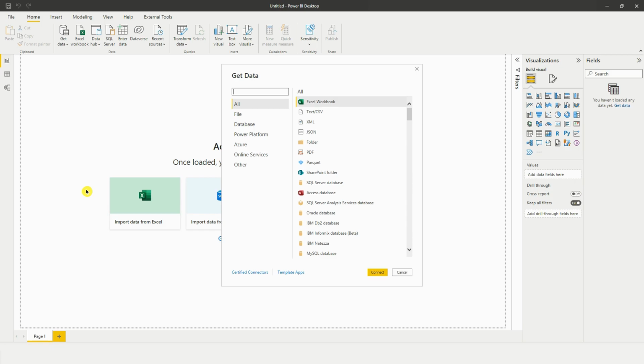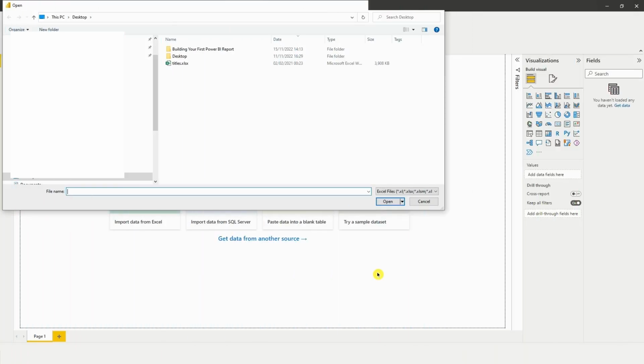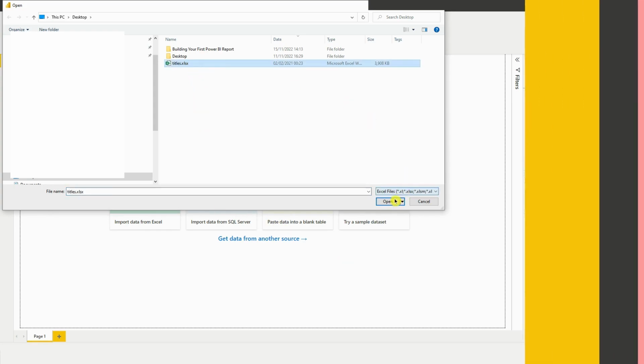For our purposes, we're going to import a file type coming from Excel. I could select Excel in the list here, or I can click the button on the ribbon, or on the Report Designer, Import Data from Excel. These all do the same thing. So once I click Connect, you can see that the extracted files for this course is on my desktop, and this data is found in the Power BI Building First Report Data folder. Power BI opens the file,